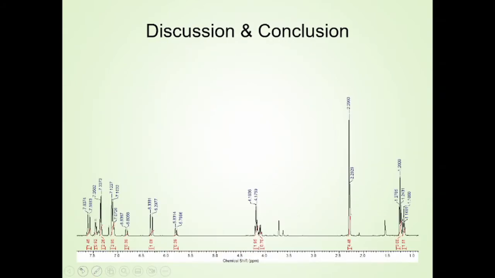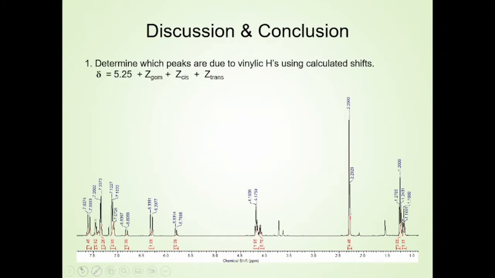All right, so as far as the NMR spectrum goes, you've got something, or may have something, that looks a lot like this. And the first step then will be to determine which peaks are the vinylic peaks, which ones belong to the alkene hydrogens. And you've done this before with the first Wittig that we did. This is where you use that equation, the 5.25, plus the geminal, plus the cis, plus the trans effects of each of the substituents there. And so you'll do those